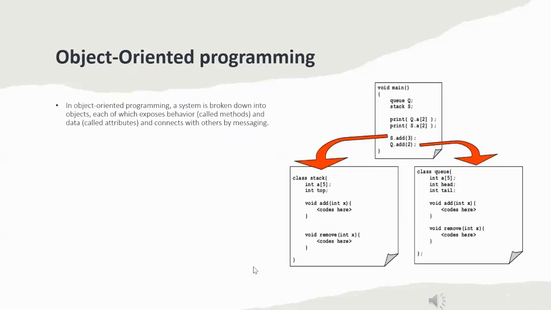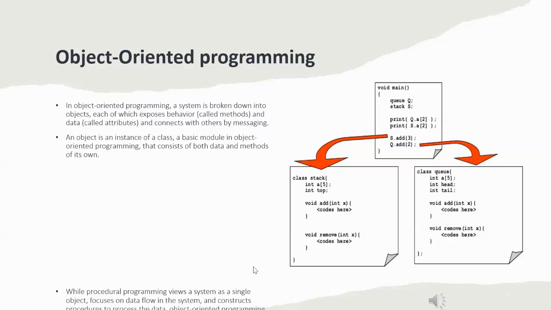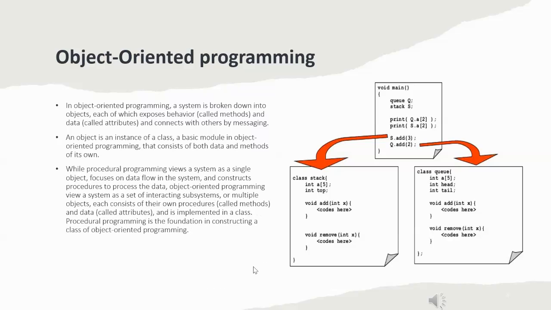In object-oriented programming, a system is broken down into objects, each of which exposes behavior called methods and data called attributes, and connects with others by messaging. An object is an instance of a class, a basic module in object-oriented programming that consists of both data and methods of its own. While procedural programming views the system as a single object, focuses on data flow in the system, and constructs procedures to process the data,